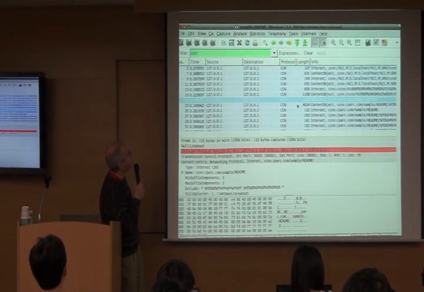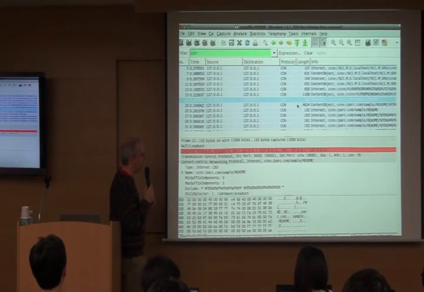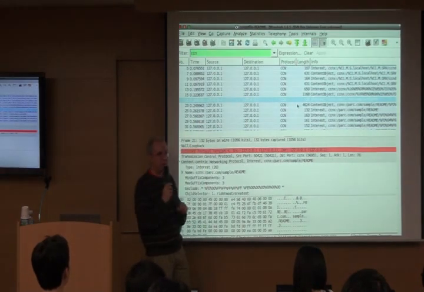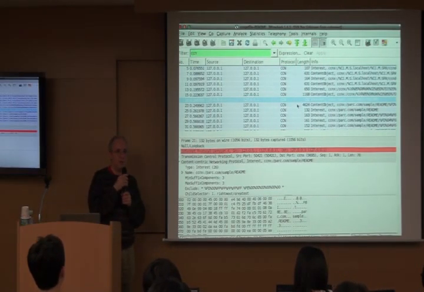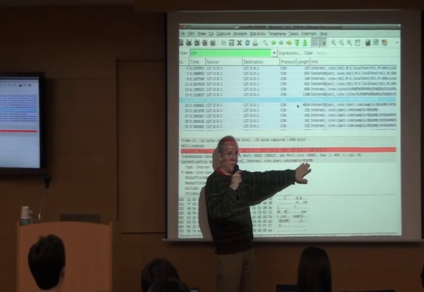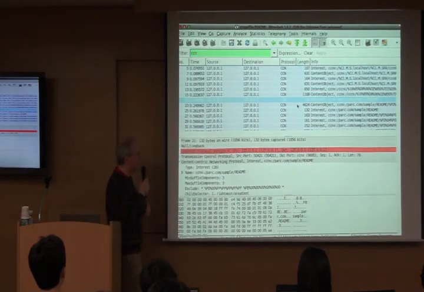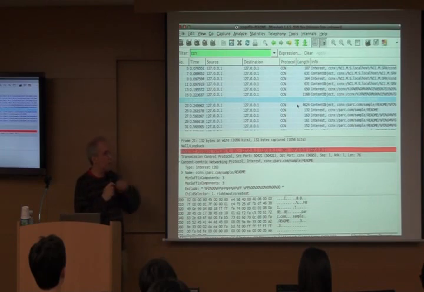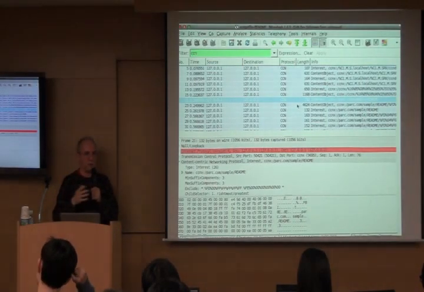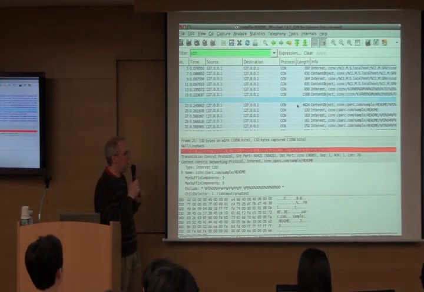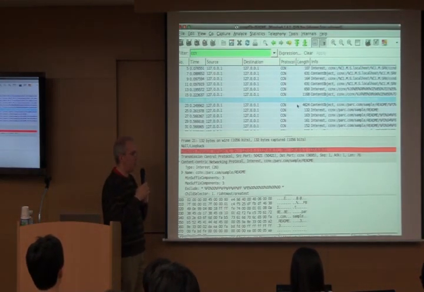So remember that we ran the CCN get file program, and the name that we gave to the CCN get file program is exactly this name that appears in the first interest. So what's happening is very much like the examples we looked at earlier today, where a fairly simple bare name is expressed initially. And in this case, and this is where we start to get into discovery of data and versioning, the convention that is shared by producers and consumers related to this sort of file application is that the content is going to, of course, have to be